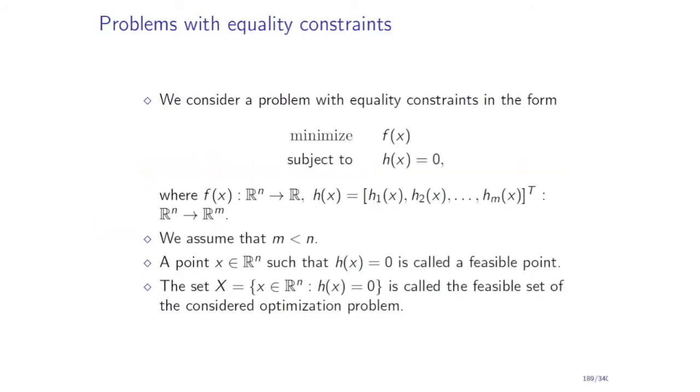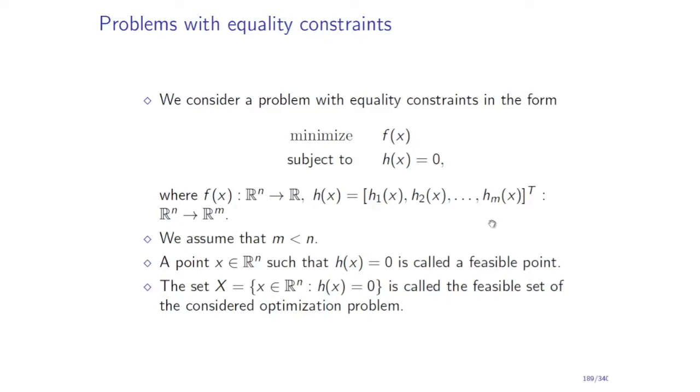In this lecture, we start a discussion of constraint problems, and in particular, we focus on problems with equality constraints first. All right, so the problem with equality constraints in the general form is given here. We want to minimize the objective function f of x subject to the equality constraints h of x is equal to 0. So here, even though we write it as a single equality constraint, in fact, it consists of m